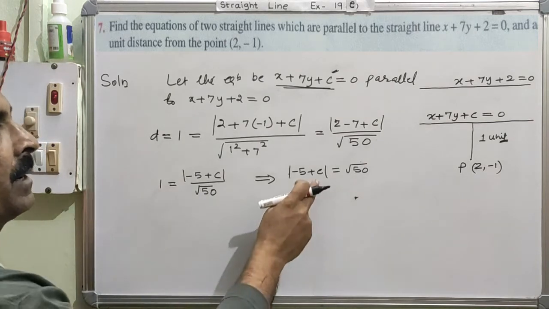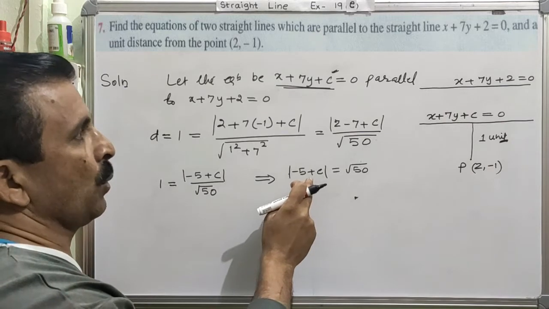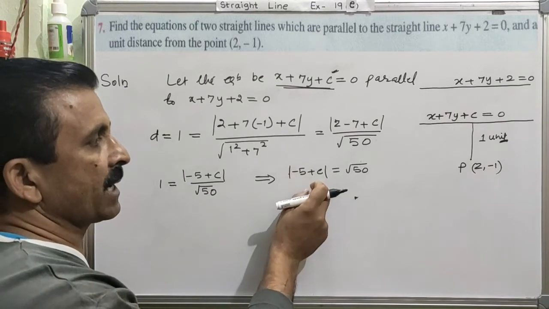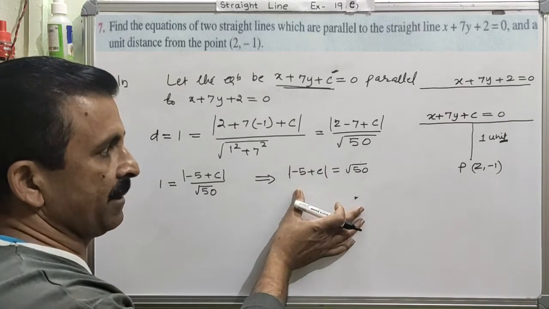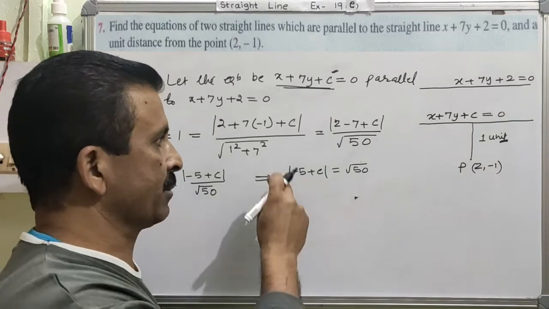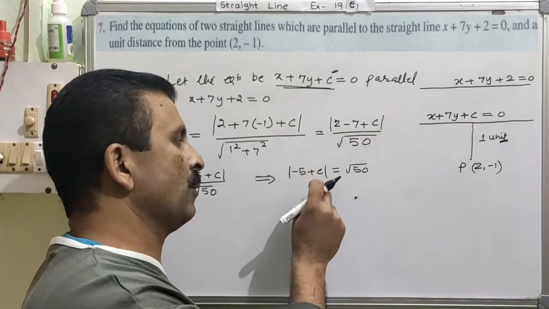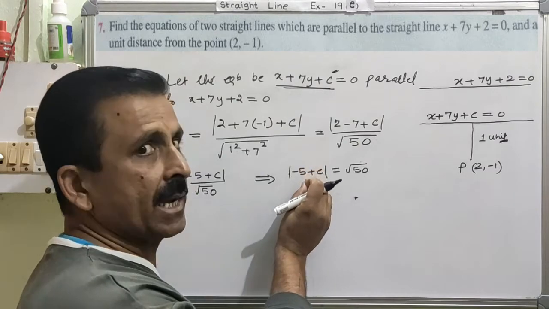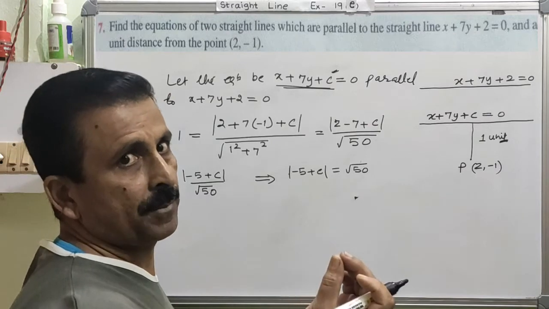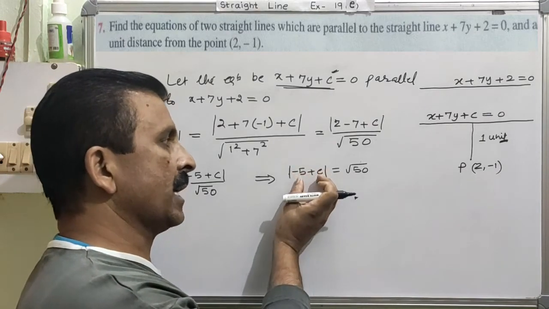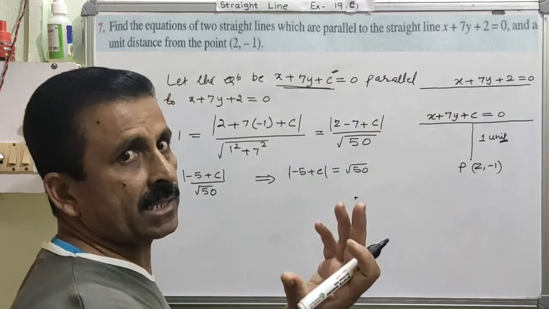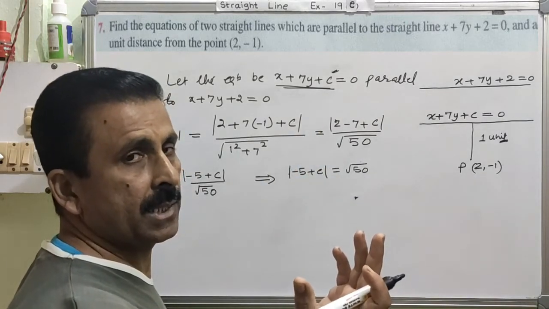Now we are trying to find the value of C, and for that you first have to remove the absolute value sign. But before you remove it, you have to know the meaning of this absolute value. I told you that it means you can have any kind of number inside, but when it comes out, it has to be signless. That means inside the absolute value sign, whether you have positive or negative, the result will come out as positive only. Is this very clear?